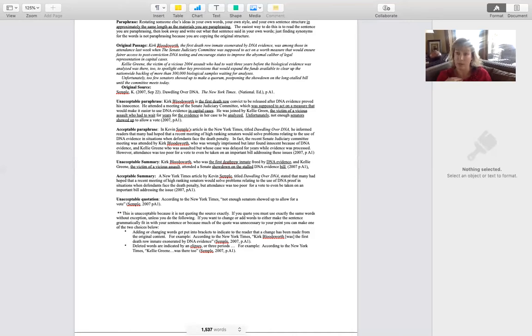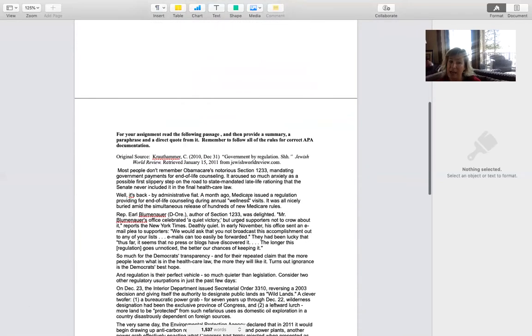You cannot change any words in the quotation unless you show an ellipsis that you took words out. So if you take words out of the quote, you can put an ellipsis in, and I show you an example of what that looks like. Or you put a bracket in, and I show you an example of that down here. A bracket means that you added your own words. So you can see from the example above how they were changed. So a quotation must be word for word. So if you're quoting something, and in this first paper you're going to be quoting everything, you need it to be word for word. Once you read through all of this assignment, then you're going to read this article by